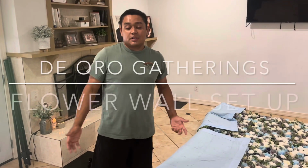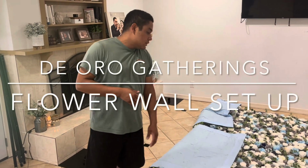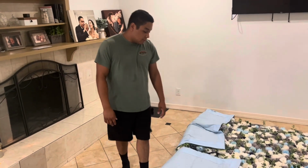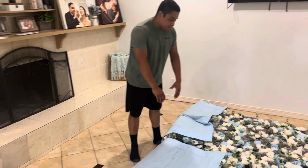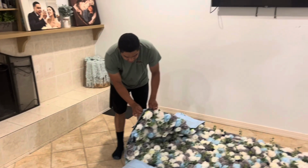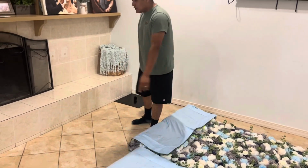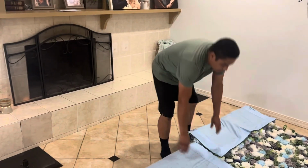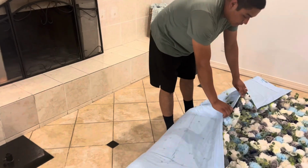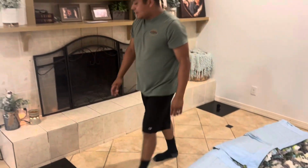All right, so first thing we're gonna do is take it out of the bag. After they're out of the bag, you can either put it on a table or on the floor, and then you stretch them out, and you're gonna want the curtain side facing the bases. So both of these are the curtain side, and what we're gonna do next